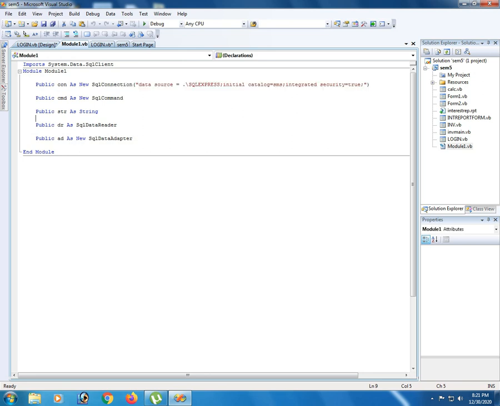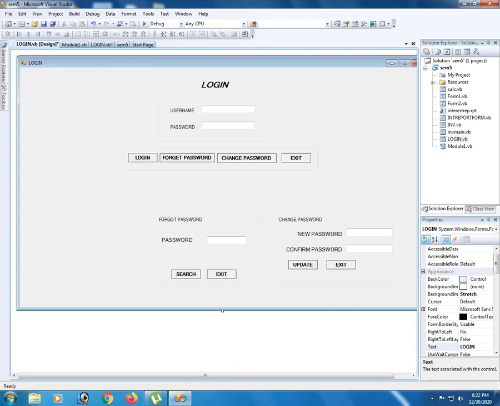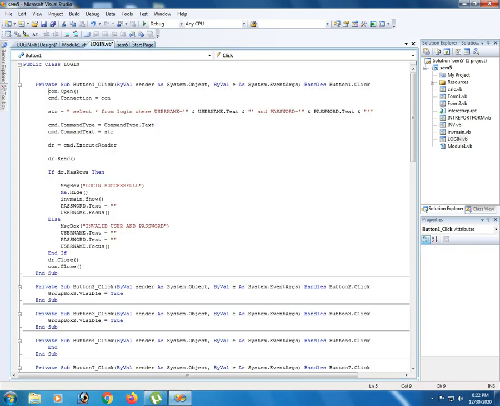Once you come back to the login page, when you enter the username and password, whether it is correct or not, it automatically decides where to go. Those details we are using under the login button. See here con.open and the connection we are given, then it brings the element, checks it and processes. Here it is select star from login, where login is the table name, where username equals username.text, which is the text box in the screen design, and password equals password.text. So it will read the information based on these two, and based on this data reader it confirms with the reading.